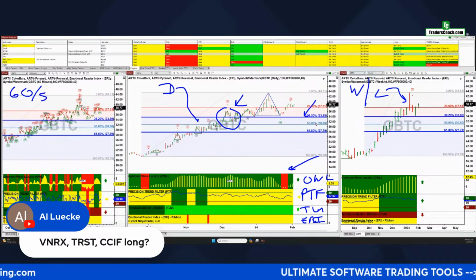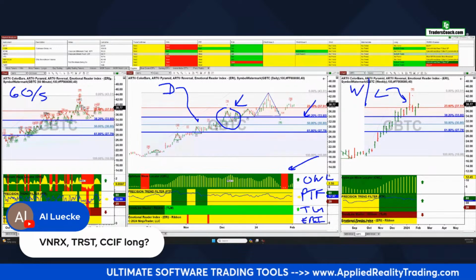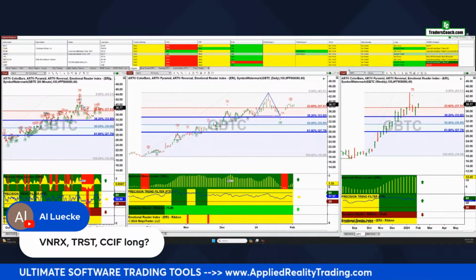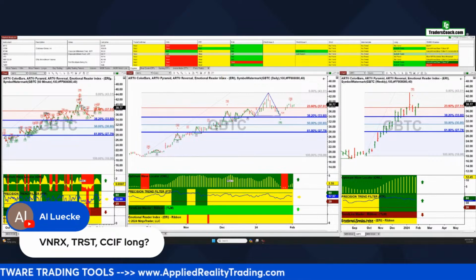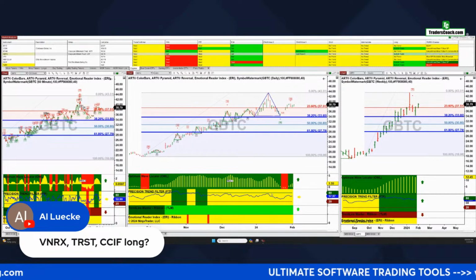And then you'll see me draw fib extensions and retracements. We'll count the Elliott waves and so forth using those software tools. At the top here, we got our scanners. We won't be using those today, but the scanners is how we find stocks each and every week. And then finally,